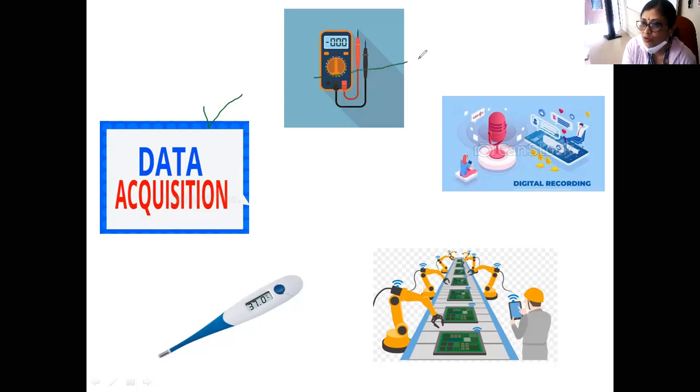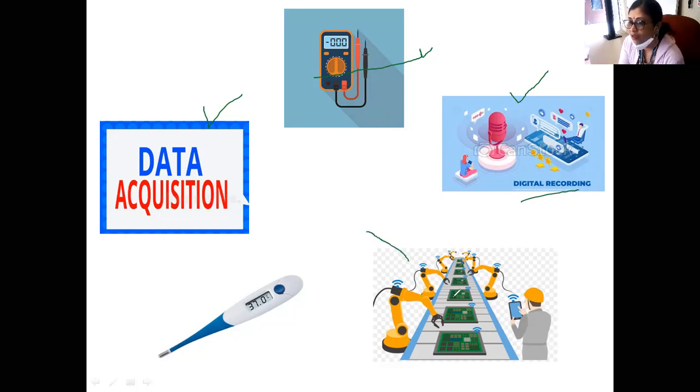This particular instrument you might have used. It is called a multimeter. Here you can observe a digital multimeter. In the case of a digital multimeter, or in every digital instrument, you require an analog to digital converter. In all digital instruments, you have to use an analog to digital converter to convert analog input into digital output. Here you find the third application, which is digital recording. Nowadays recording has also become digital. So in digital recording also, an analog to digital converter is used.